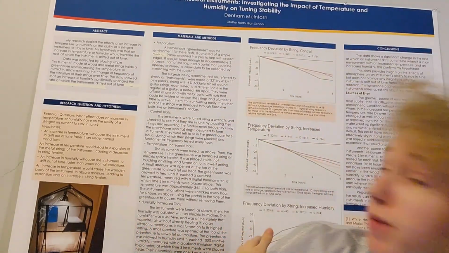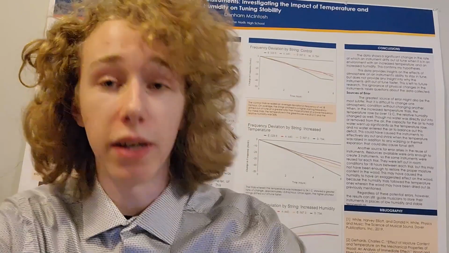So let's say that, with this research, we know that humidity will cause the instrument to drift out of tune in the higher direction, for its strings to increase in frequency over time. So before a rainstorm, before the room where their instruments are stored gets more humid, the musician could even tune their instruments down such that it cancels out and has less of a net effect on the instrument. And that is also significant in that significant changes in tuning might damage the instrument, or especially the strings. It's not just a minor effect that can be alleviated with tuning pegs, though often it is.